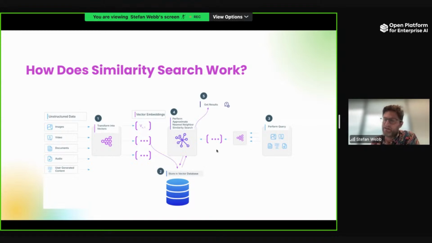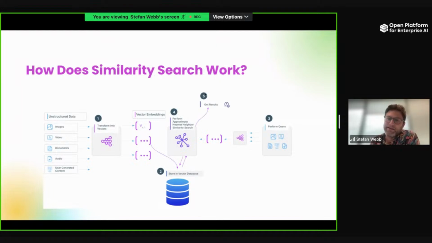We then get a vector embedding for our query input, and we can query the vector database to perform an approximate nearest neighbor search in that high dimensional space to find the closest entries or vectors. And it'll return the results.